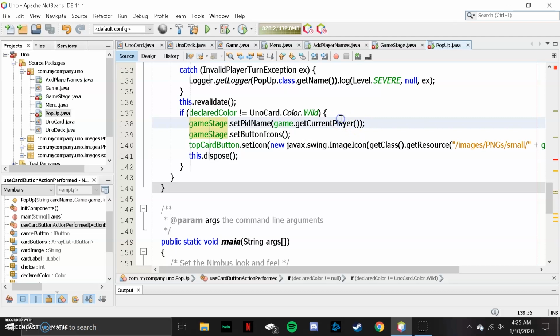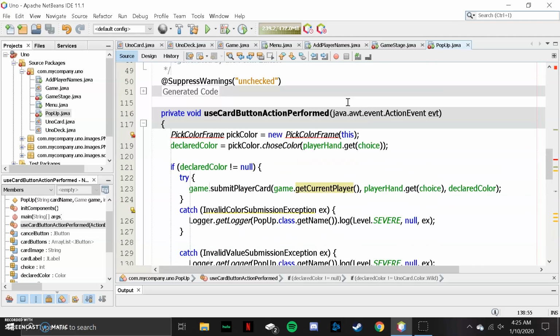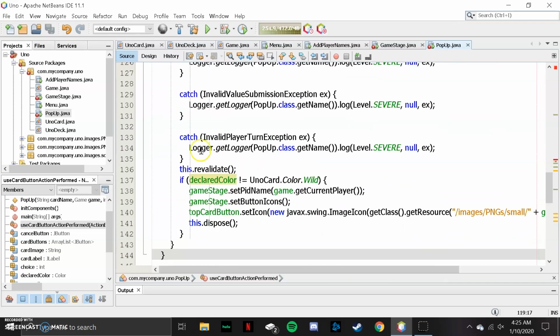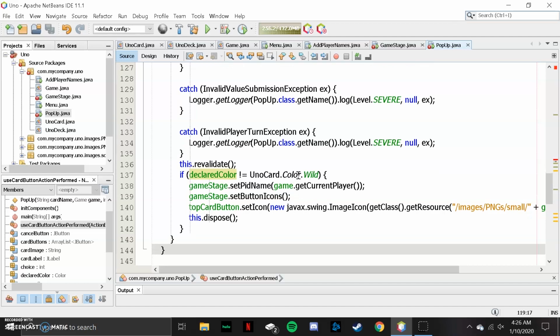So now I'm going to explain what this does. So pretty much once the pick color frame we created, it's going to let the player that had played either a wild card or a wild draw 4 card pick a color from 4 different options. So red, green, blue, or yellow. And then that's going to become the declared color. And then we're going to say, okay, if the declared color is not wild, which it shouldn't be at this point because it should be whatever they selected, either red, green, blue, or yellow,